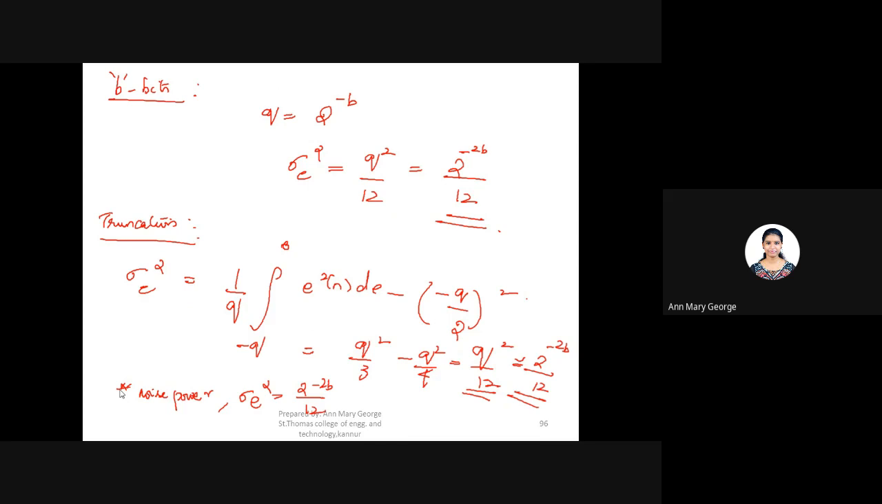Now, the next topic, that is steady state output noise power. Okay, the steady state output noise power, that is x of n can be